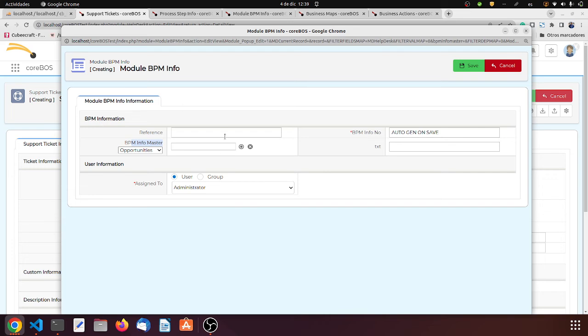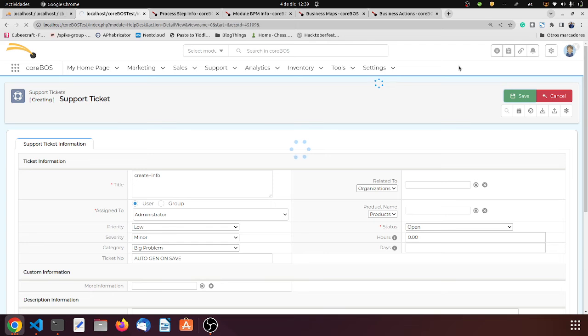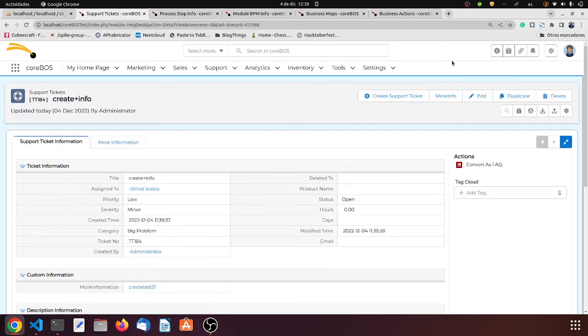So if I continue with this and we do a create test 01, and let's put here create text 01, and I save, what's going to happen is that it's going to save the help desk, and it is going to relate it with the more information record that we created in the pop-up, because that one was created before this one. So that one is finished. You actually save the pop-up. Then that ID that was gotten there is saved on the help desk, and the help desk is saved, so the validation doesn't trigger anymore. But if I open this one,